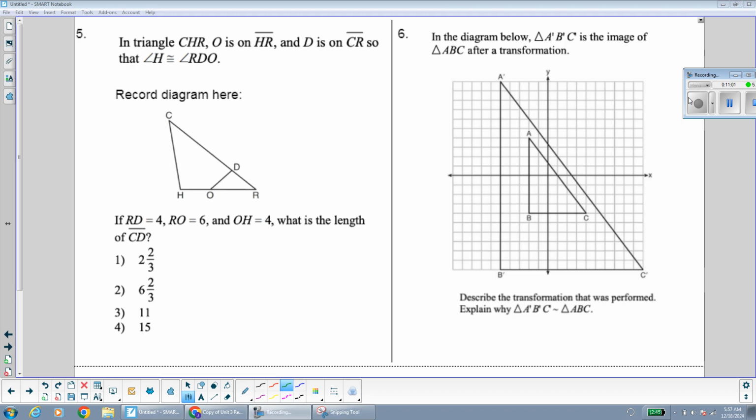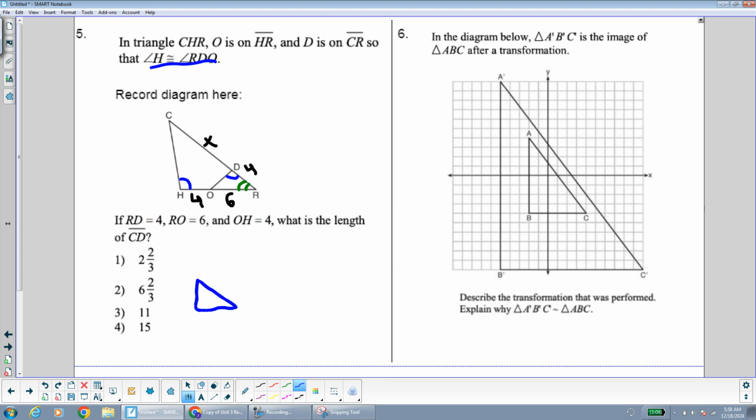For this one over here on the left, question number 5, we're told that angle H is congruent to angle RDO. We also have a shared angle between the small and the big triangles, and that's angle R. So the triangles are similar by AA, so we can make a proportion. The thing is, it's hard to make a proportion when you don't know what corresponds. If I label the triangle, I can try to see what matches up, but it's hard to see. So I'm going to redraw the triangles,